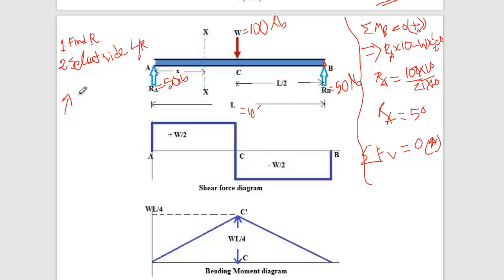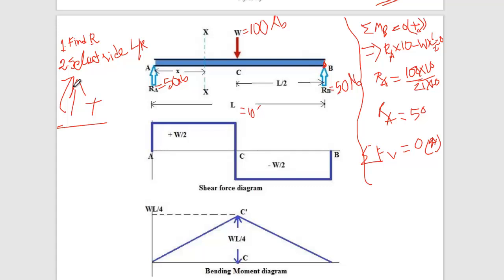Upward and clockwise. Right? These two are positive. If you find shear force is upward, you consider positive. Oh, I wrote the sign opposite. Sorry. This is upward and clockwise. Okay. So if you find upward is the shear force and clockwise is the moment, we will consider these two